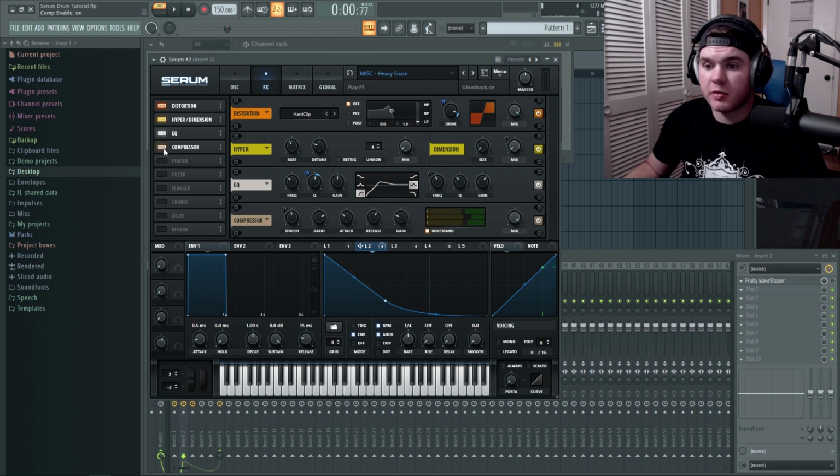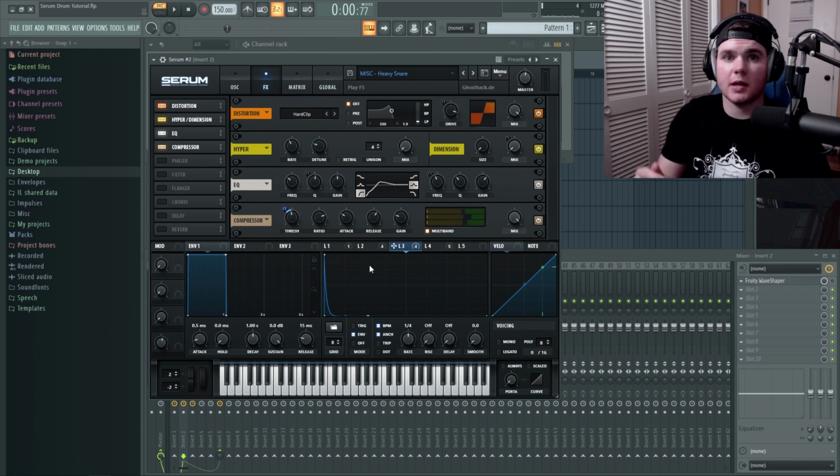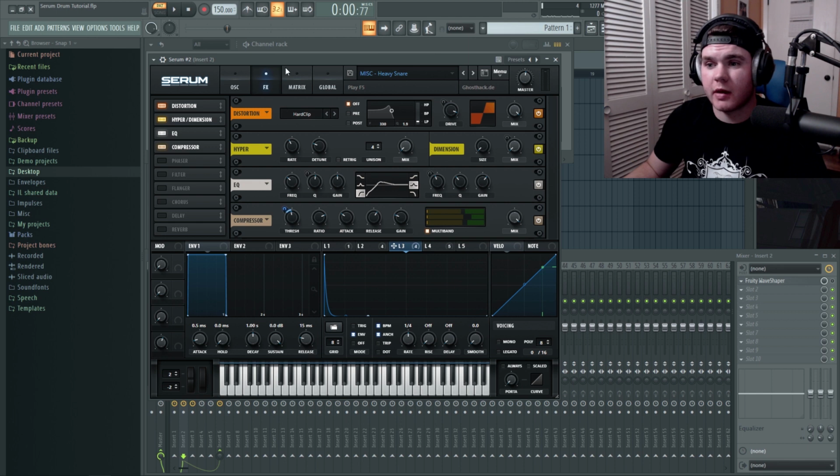Next up, I have some multiband compression. Now you can really hear the snap at the beginning. That works out really well. I also have this really quick LFO right here, just this really tight one, going down on the threshold, so it spikes up really loud for just a minute there. Yeah, and it clips, but that comes in handy because it just adds a little more punch right before the